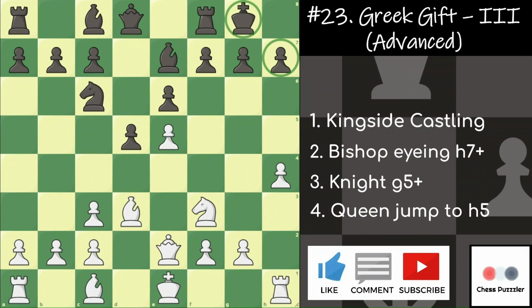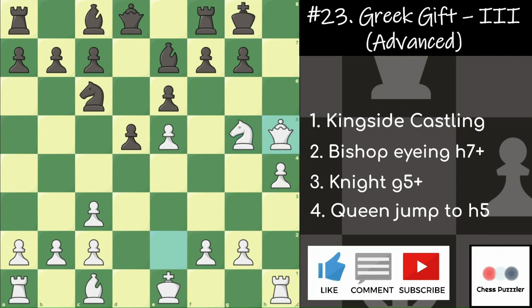In this scenario, we don't see any such piece, so it is very likely for it to be a checkmate. That could be sort of a rule of thumb. We start with the sacrifice on h7, just the standard Greek gift sacrifice moves. Queen comes to h5. Black will try to remove all the pieces which are helping white deliver a checkmate, but